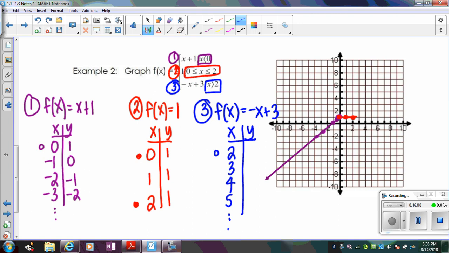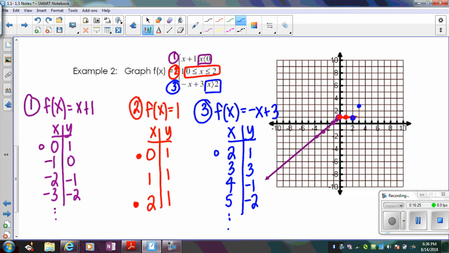The dot, dot, dots also help me remember that there's going to be an arrow there. So now I'm going to plug in. So you plug in 2, you're going to get 1. Plug in 0 into this equation, it's 3. Plug in 4, you're going to get negative 1, then negative 2, and so on. So I have 2 comma 1. Notice it's overlapping. 3 comma 3. I have 4